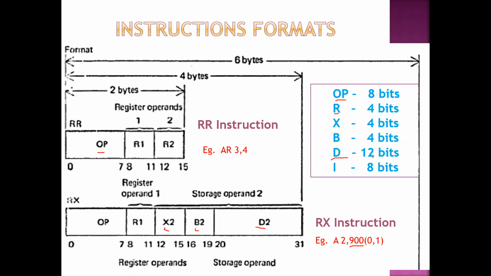The last one is immediate value. It is like your data. For example, in 8085, we have studied move immediate, MVI C comma 05 is one instruction we studied there. That 05 is nothing but your data, directly you pass the data, right? Similarly here also you have immediate data. Sometimes you have to use the immediate data and also pass the data to an address, right? That immediate data again is represented using 1 byte or 8 bits. So the I here means immediate data, you will use either 1 byte or 8 bits. So you should remember this, only then when we go on you will be able to understand.